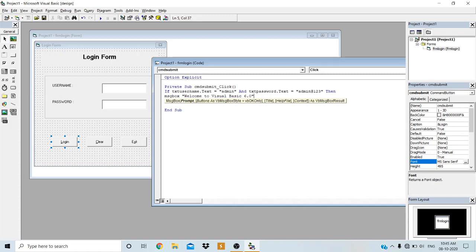We already discussed the syntax of the message box in detail. So we can add different icons, then we can add the title for the message box or different buttons.